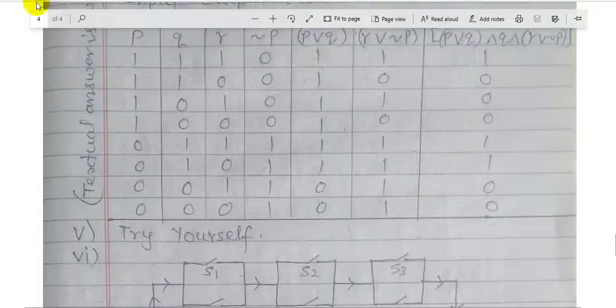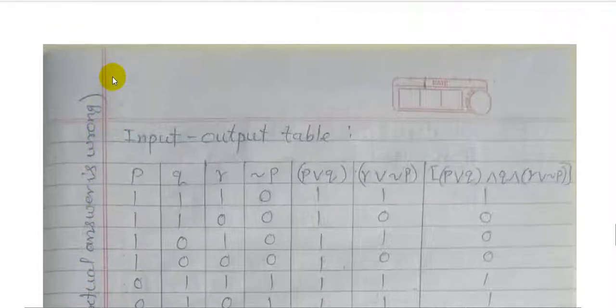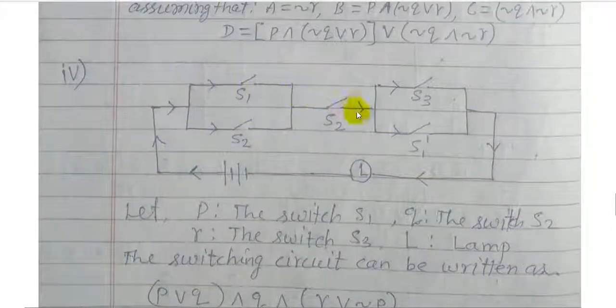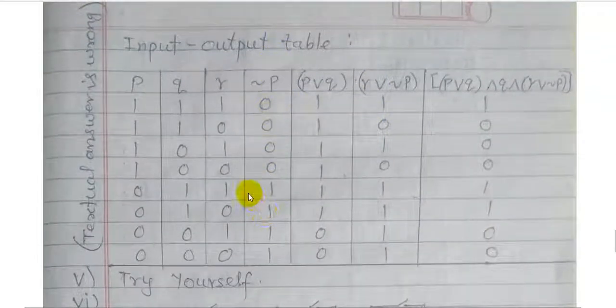Okay, so dear students, attention here. The textual answer of this question is wrong. It is given here textual answer is wrong, because it is given S2 in the diagram. If you want textual answer, so you should write here S3 dash. If you believe the question is correct, answer is wrong, so you should write the same table and follow the same input output table, and you should give the reason textual answer is wrong, and we get this type of final output. So this is the final output for this diagram.